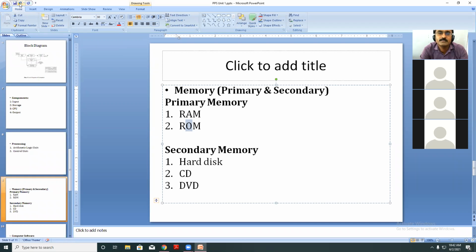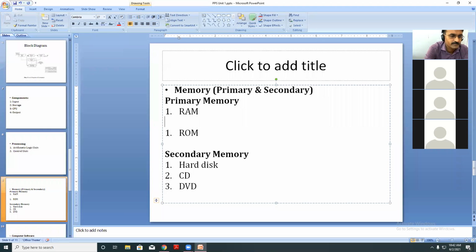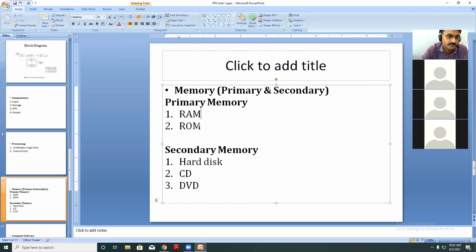These are the things I'm doing temporarily here. If I make some changes and now the power goes off, then unless I click on the save button, it will not be saved permanently. Whatever changes I have made, if there is a failure and the system resumes again, I will not find them here. It will revert to the previous saved state.